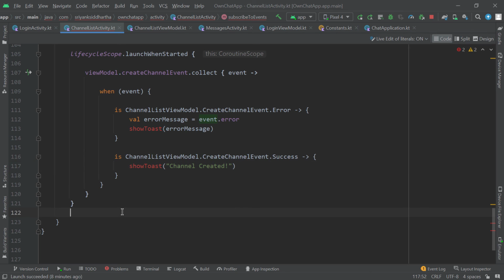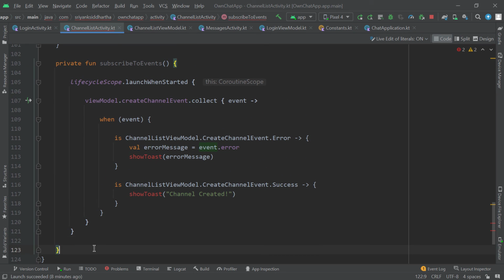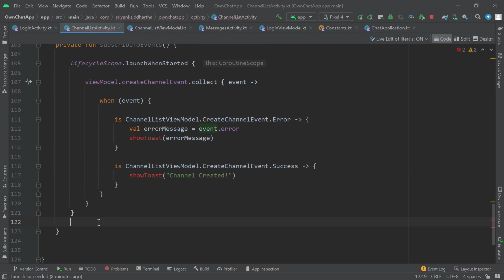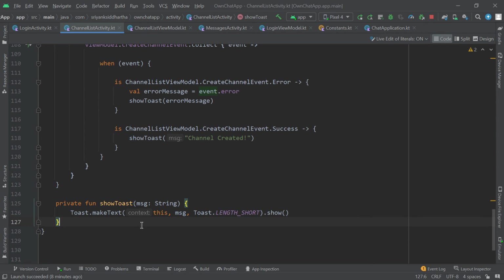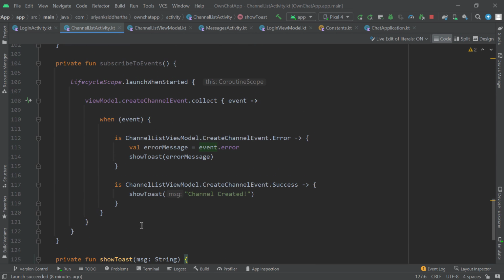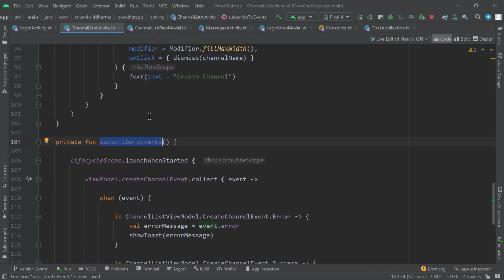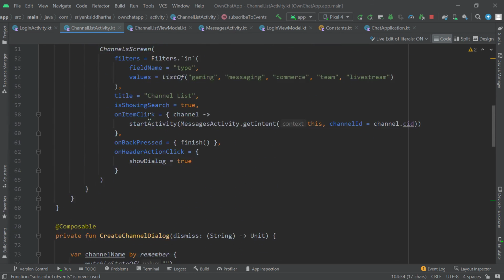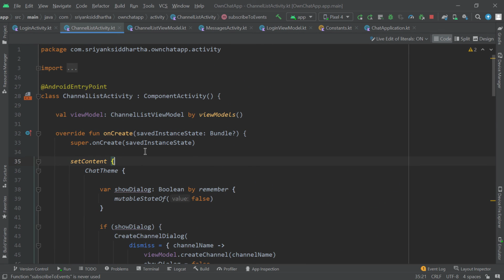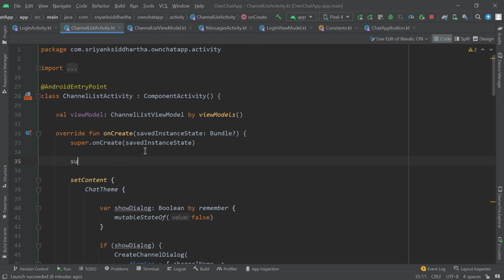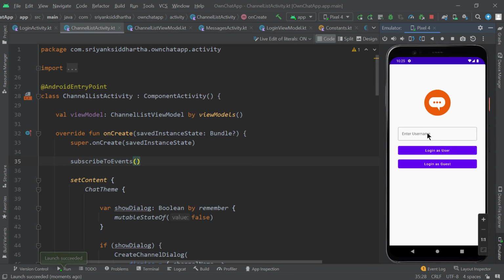Great. And at the bottom, let us write the show toast function like this. Perfect. So now we can check if this code is working or not. But before that, let us call subscribe to events from our onCreate function. Perfect. Launch the application, log in,